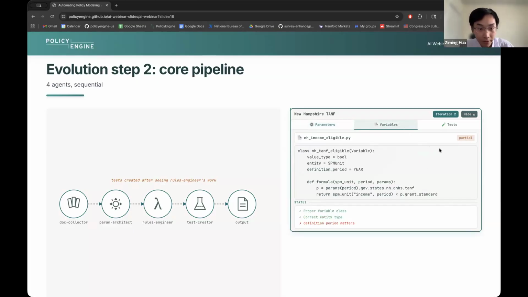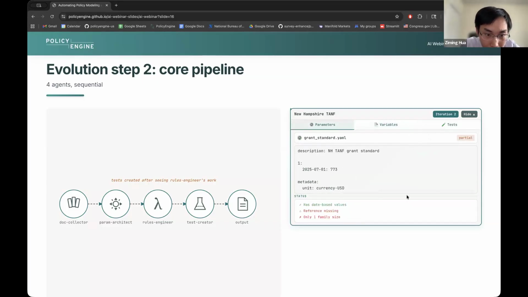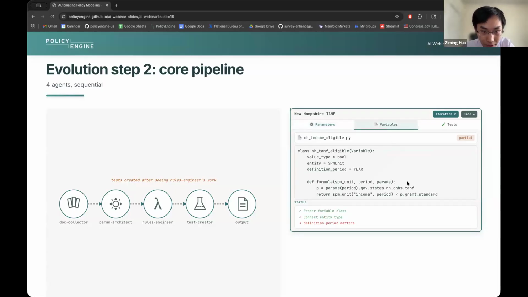As you can see in the example, let me see what's wrong. We can look at the parameter first. It has a better structure, but for example, it only has one unit size for that year. And in this case, the definition period is wrong.